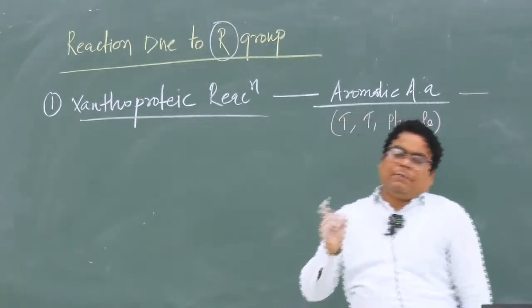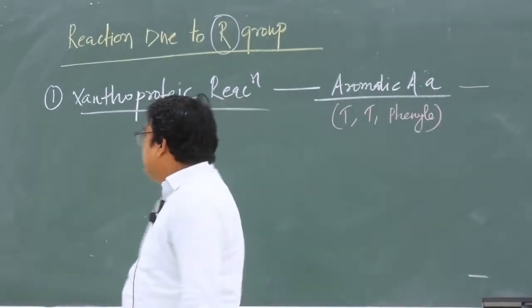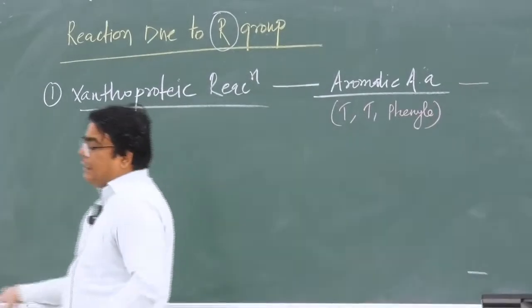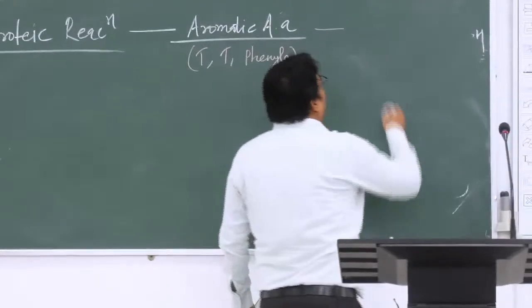Due to the presence of a particular ring, the xanthoproteic reagent reacts with this ring and changes the color of the complex into